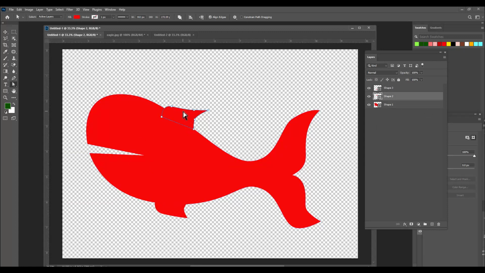And we can also adjust the fins here. So if you want to select this entire fin, right now the direct selection tool is active, so we will make the path selection tool active, and now we are able to select the entire fin, and we will activate the transform tool and we will rotate, and now we can adjust it like this. That's it. And we can also do the same thing for the bottom fin. We can adjust it properly,